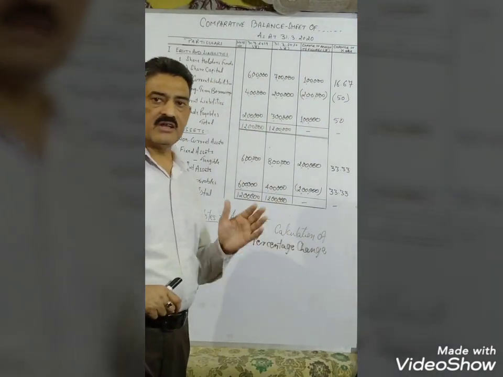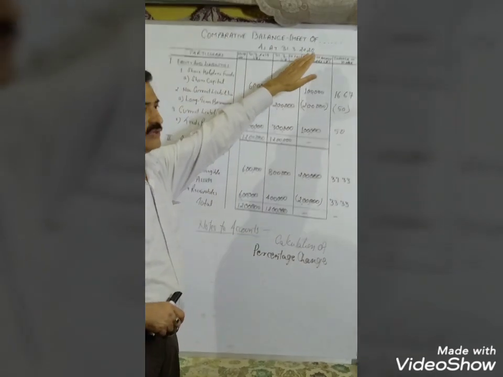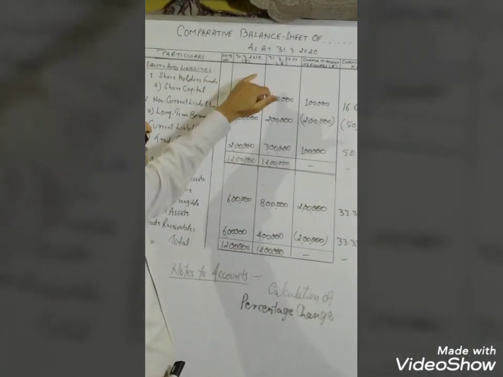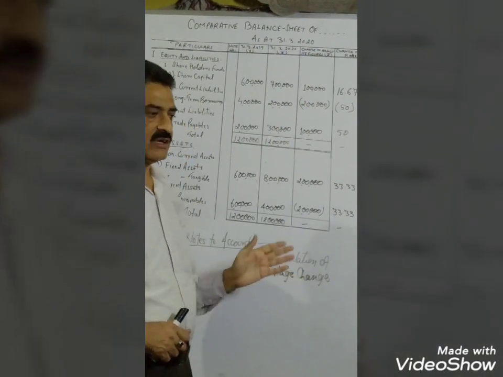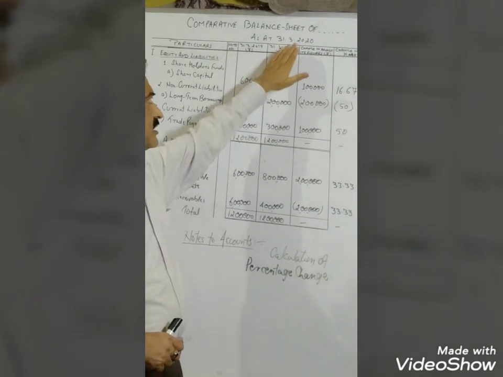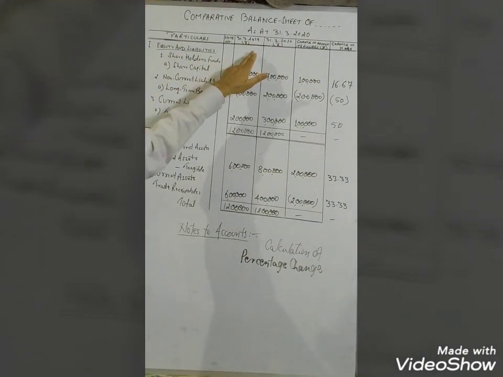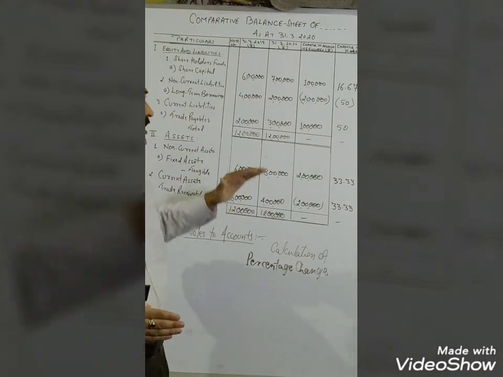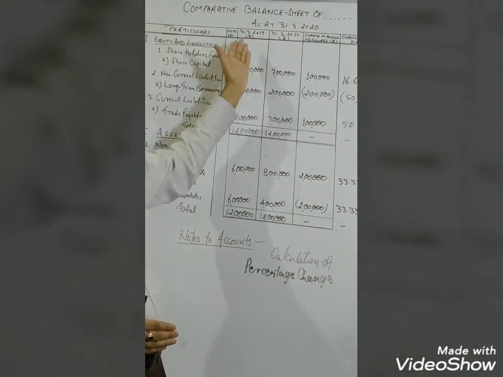As per the format that we already had discussed, on the top we have to mention comparative balance sheet of. Here we will have to mention the name of the company. Then below that a date as at. So 31st March 2020 as per the requirement of this problem. Because we are preparing in the current year, so date will be mentioned for the year 31st March 2020. Particulars, note number, this is the value for the previous year. In the question you will find that the values for the previous year are given in one column and for the current year in another column.